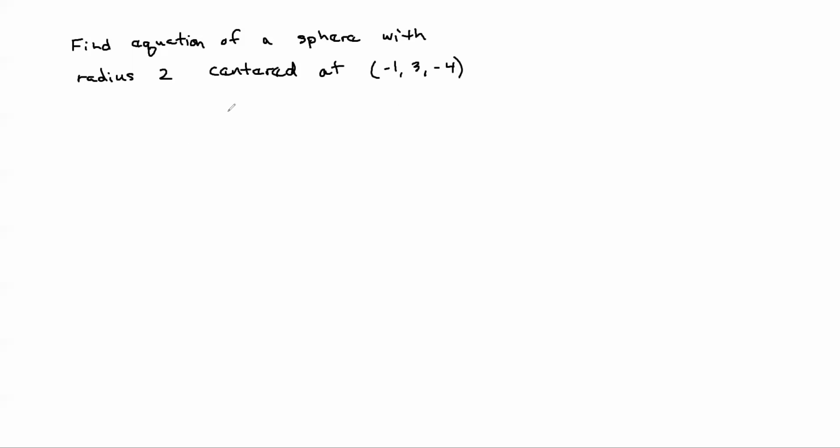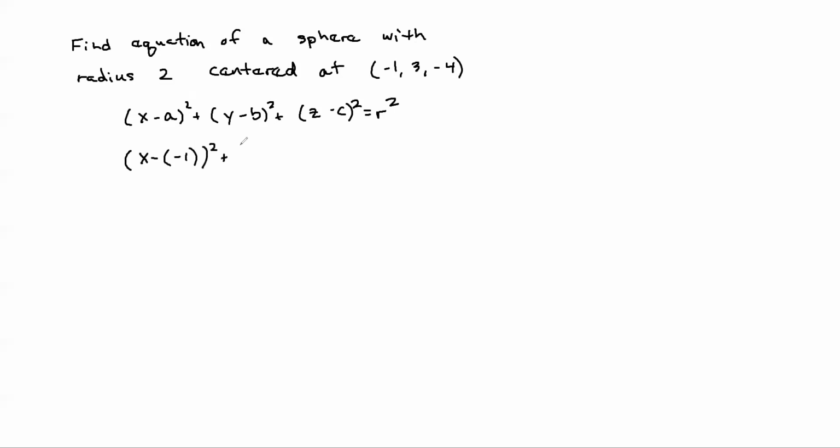And so what you want to do to find the equation of a sphere with radius 2 that's centered at -1, 3, -4 is to just take that information and plug it into the sphere formula. So the sphere formula is (x - a)² + (y - b)² + (z - c)² = r². So we know that a, b, c is the center, and it told us the center is -1, 3, -4. So just pop that in there. So we're going to have x minus